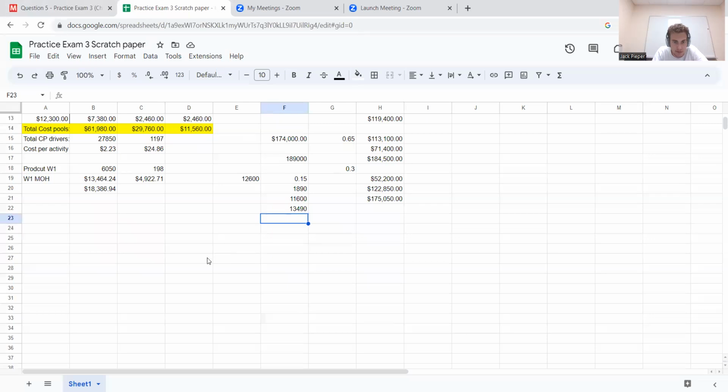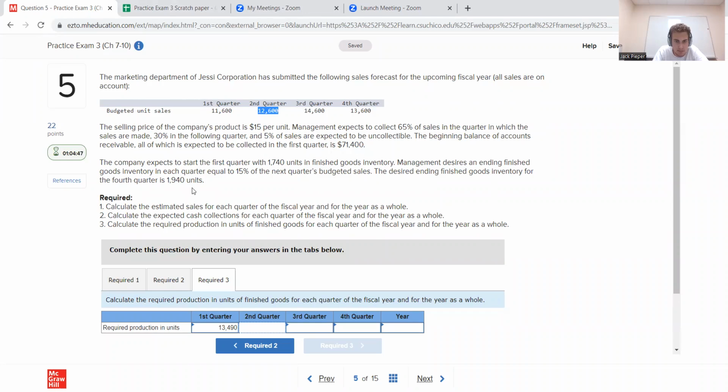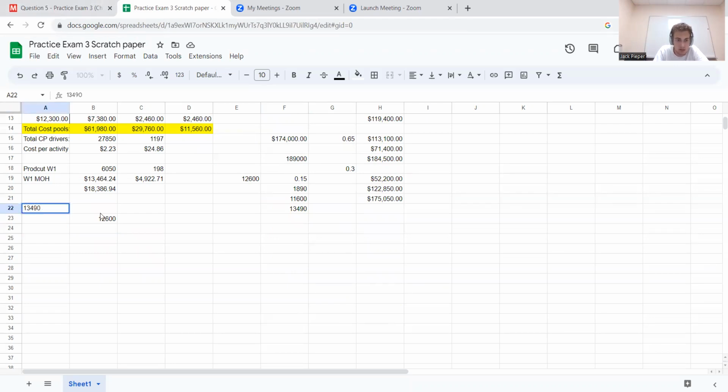So we'll do 12,600 less the beginning inventory for the quarter, which is this minus this, so 13,490 and 11,600. So less beginning FG, and then add